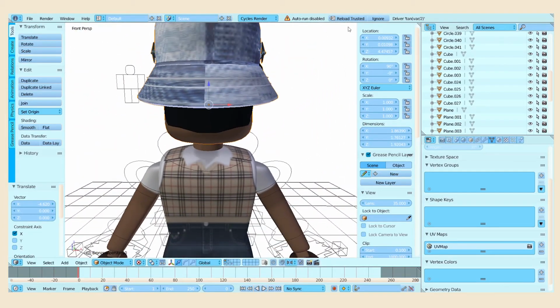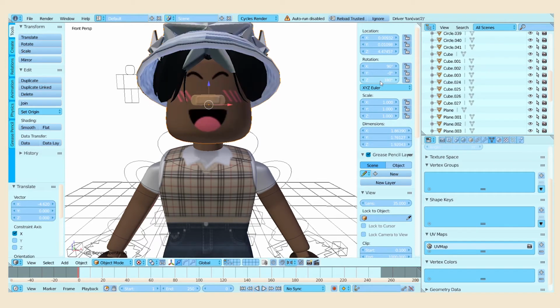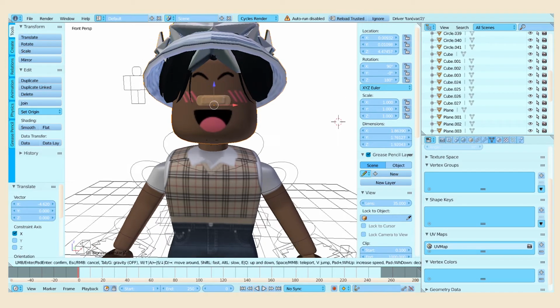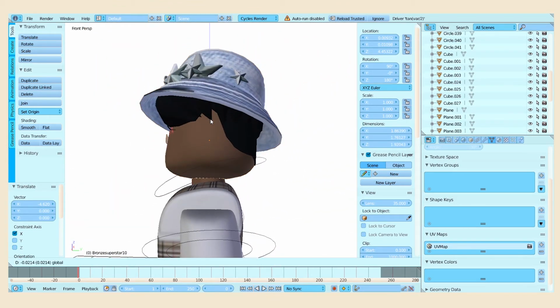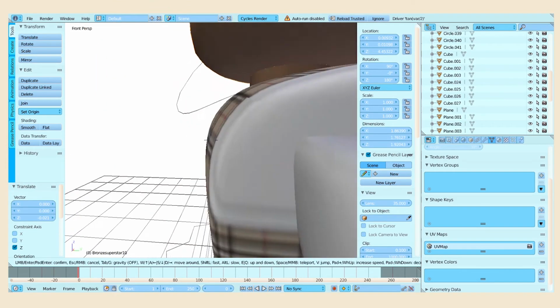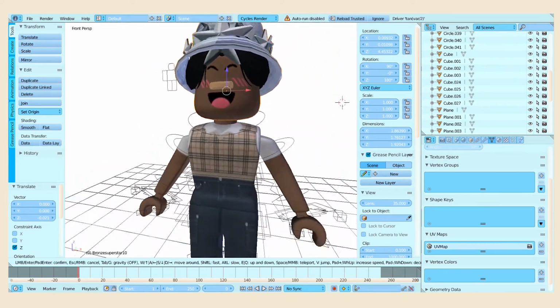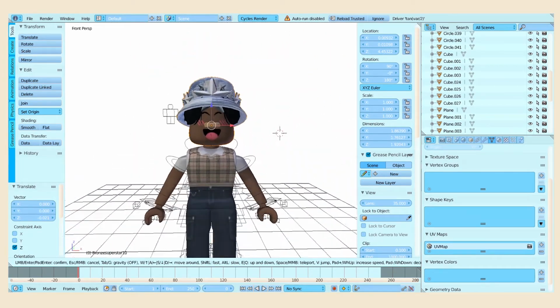And then you want to go to Z, then you click on 180. Type in 180. Then once you've done that, it should be facing the right way. Then you just bend it down a bit. Yeah, you just bend it down. Then the next thing you want to do is after you've gotten your avatar, we just want to import